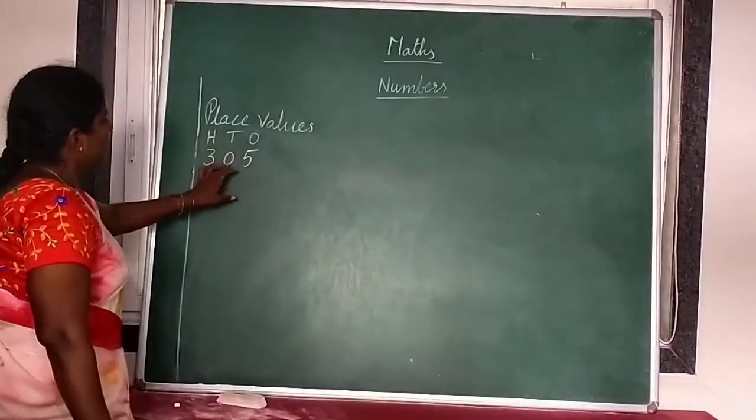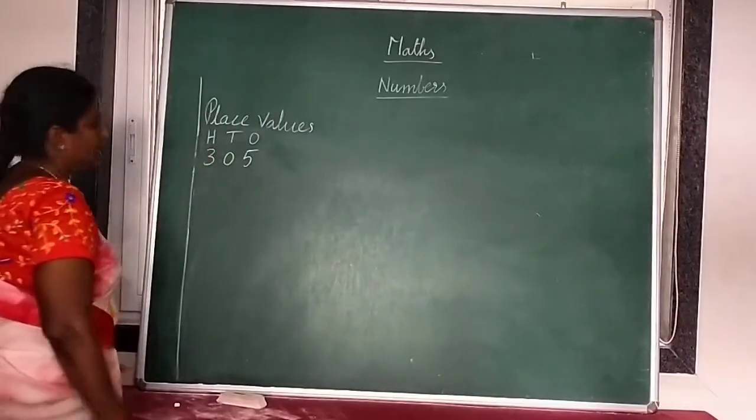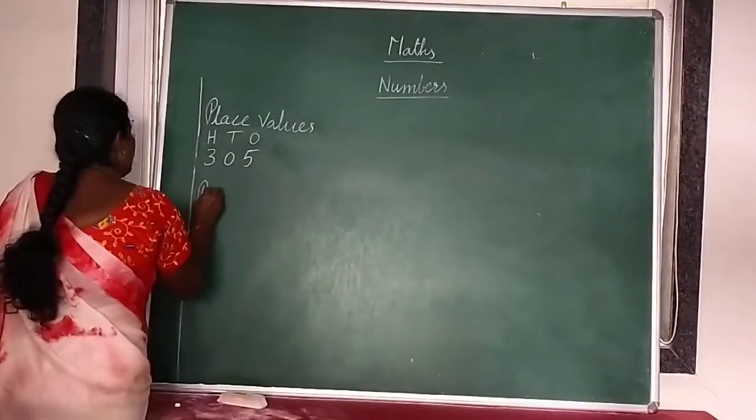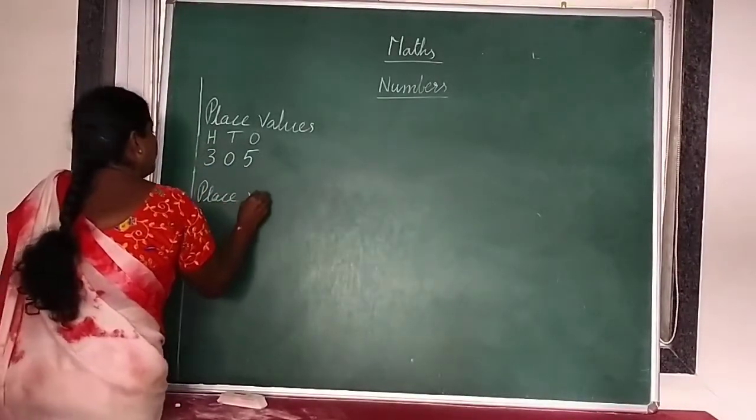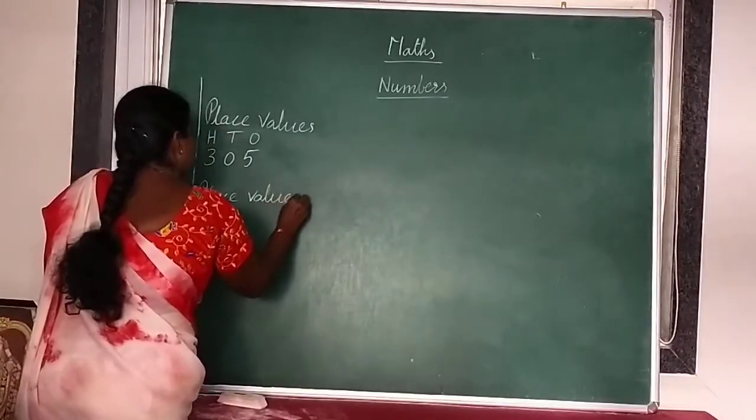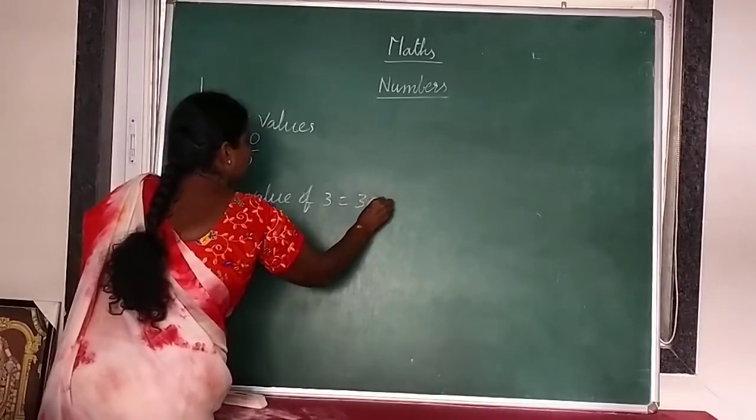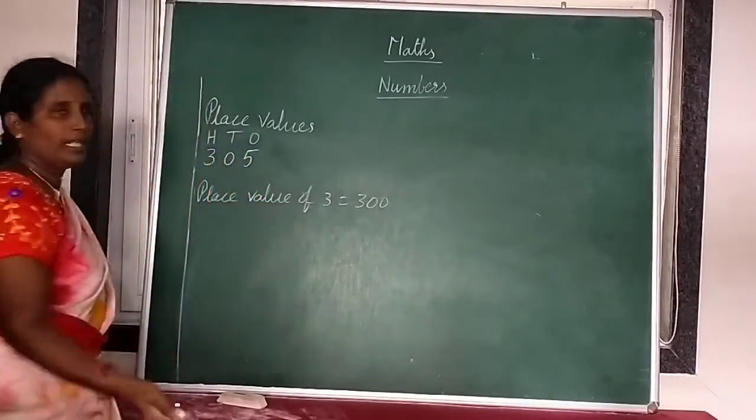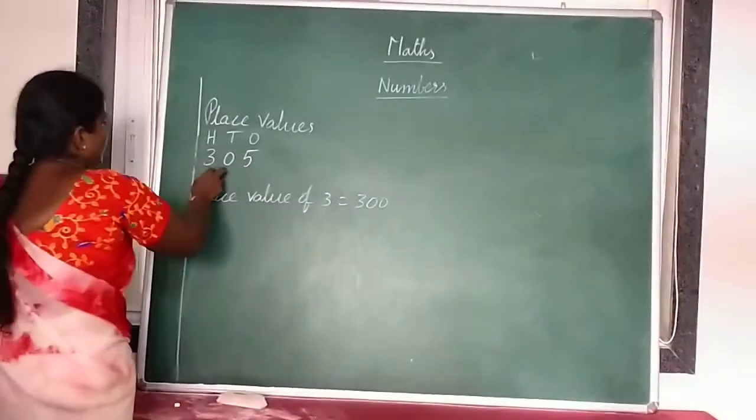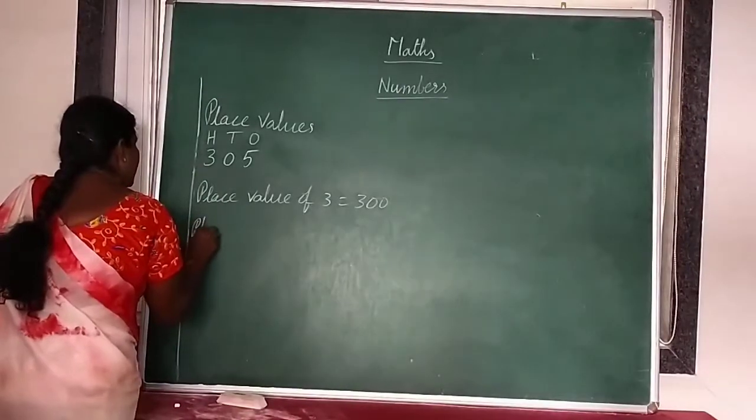Ones place, tens place, hundreds place. So what is the place value of 3? Place value of 3 is 300, right? And next, place value of 0 is